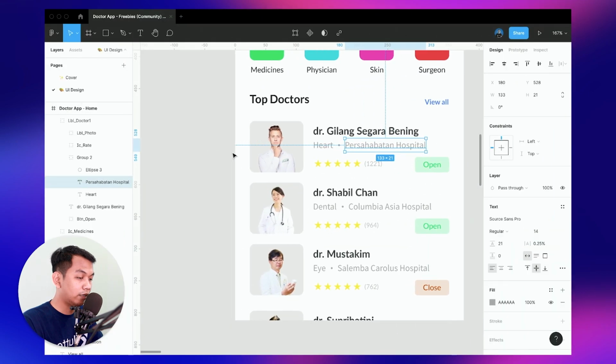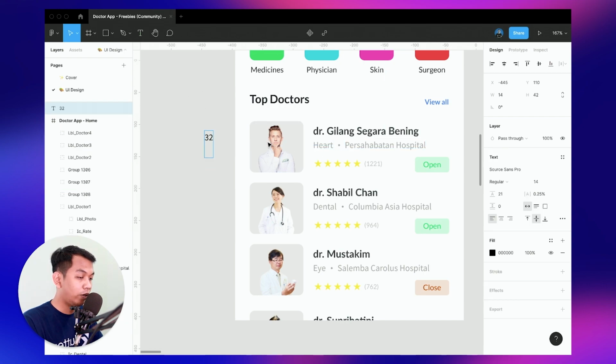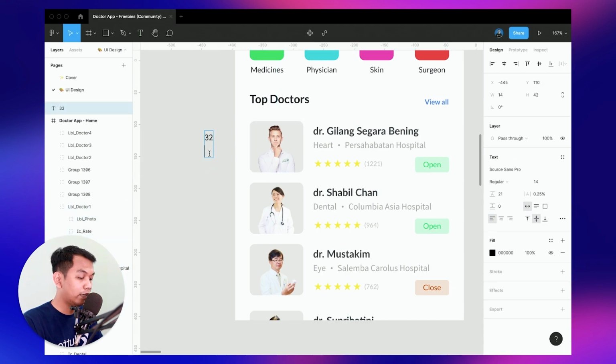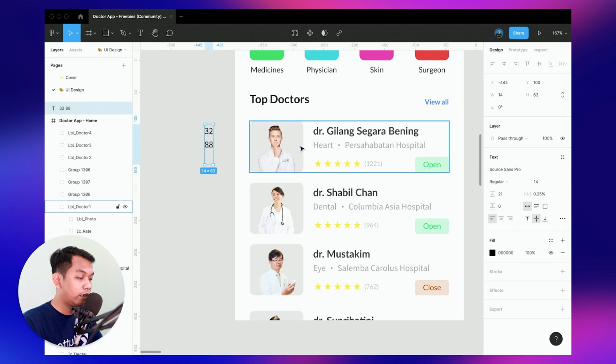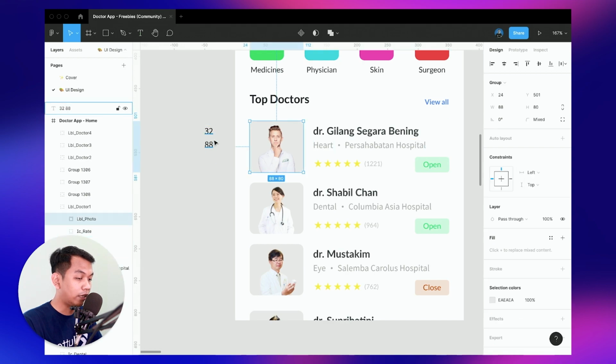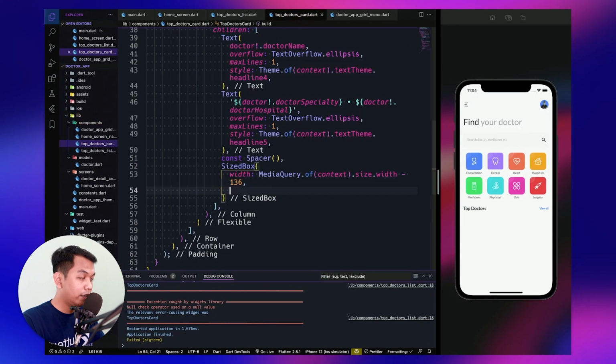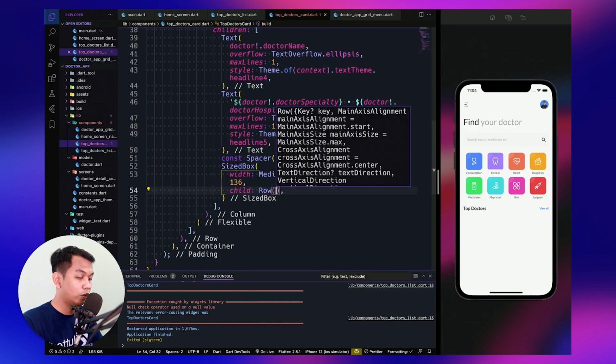So let's see the design. We have this 16 and this 16, so it will get the value of 32. The next is this, which has a width of 88, so we add 88 again. And we have a little padding right here, which is 16. So this will be 136. Okay. And below our width, we say child, and for the child, we use a row widget.